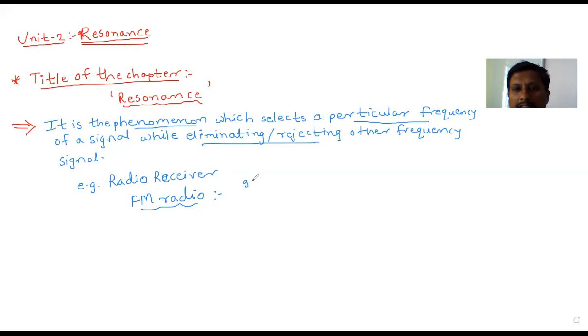There are different channels like 91.1 megahertz, 92.7 megahertz, 94, 95.0, and so on, up to 103.5. Different channels are available. Now, selecting the correct value of 91.1, when you change the channel, means you are tuning the frequency of your receiver with the transmitter.